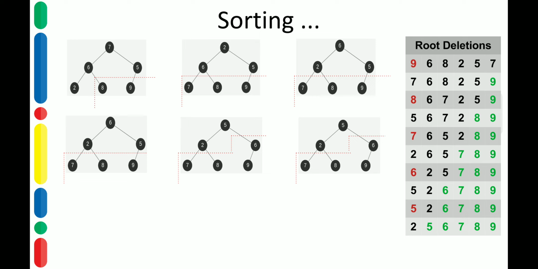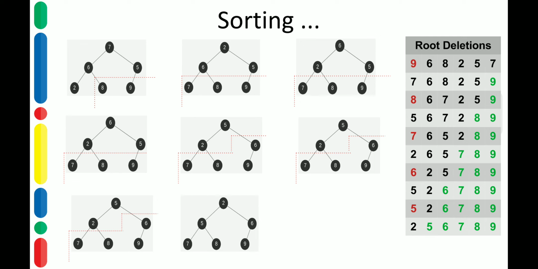Next, we exchange the root element with the last node in the heap. So that is exchanging 5 with 2, which gives you 2, 5. At this point, the last n minus 1 elements are sorted, and if only one element is left out in the first position, it means that it is sorted as well. So by doing the root deletion n minus 1 times, we are now able to sort the array. This is the idea of heap sort.